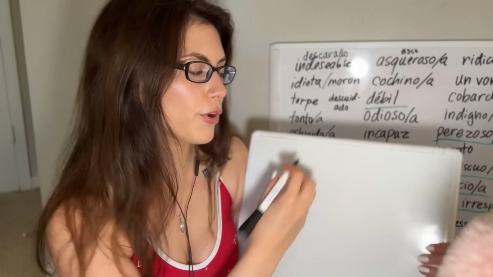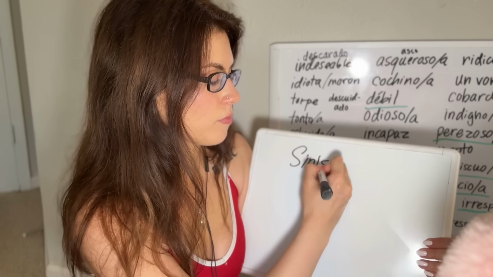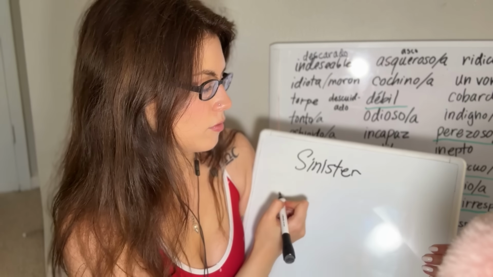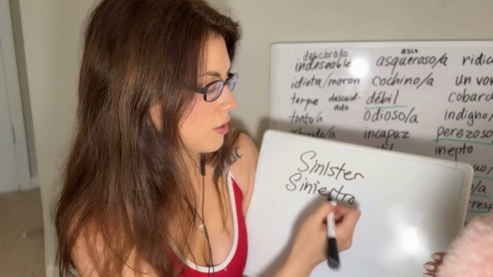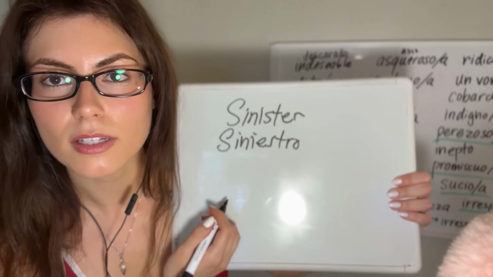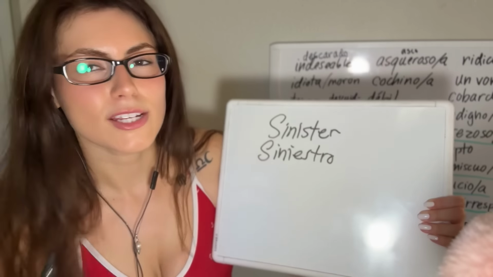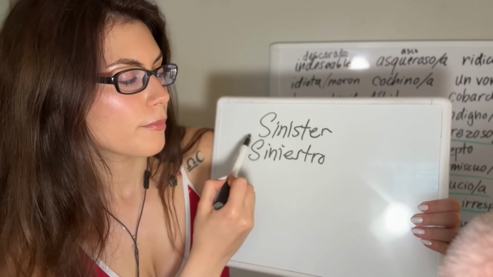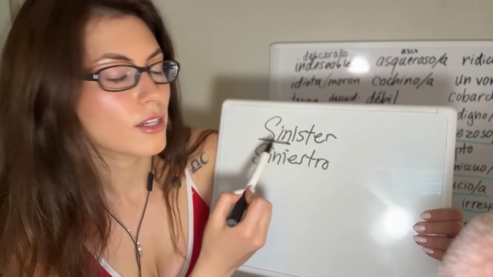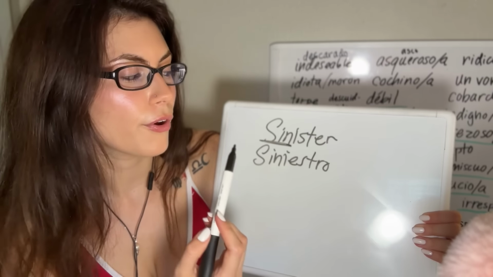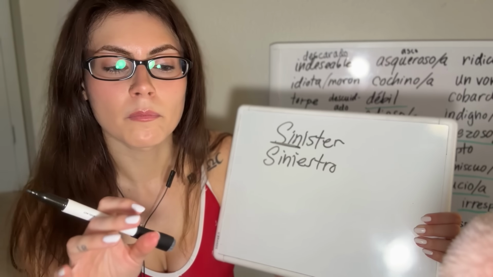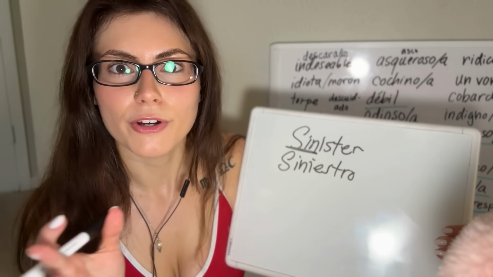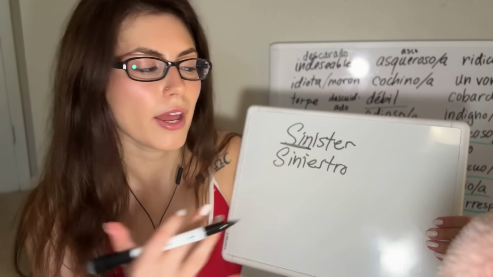The next word is going to be one that I really enjoy. This is the word for sinister. Siniestro is the word that we're going to be covering in this sentence. And what's interesting is that this word starts with the word sin, right? So we know that a sin is evil behavior. It's behavior that's not acceptable, okay?